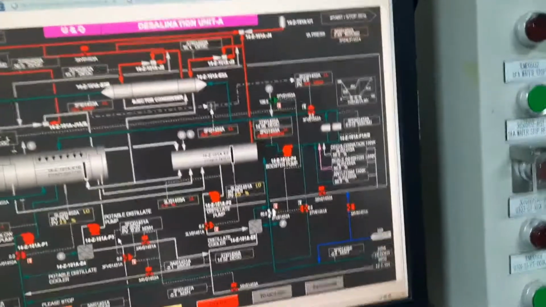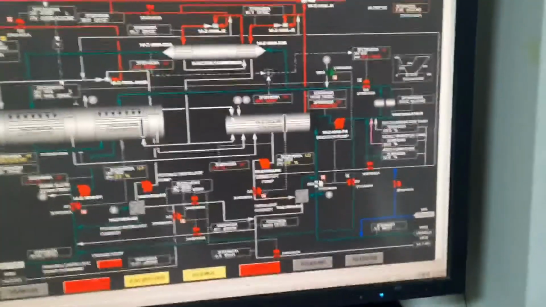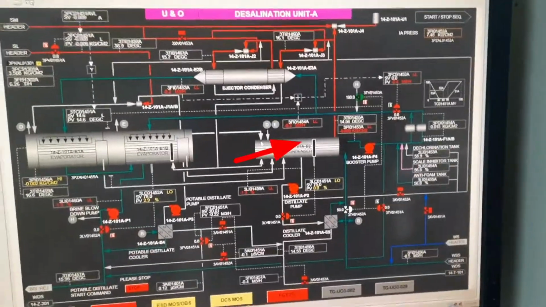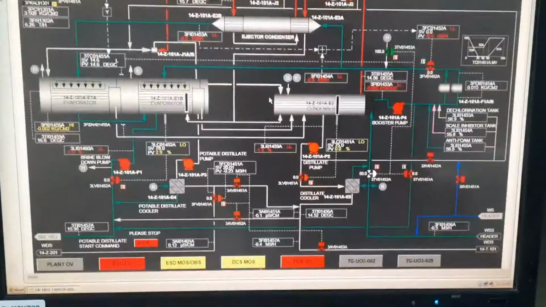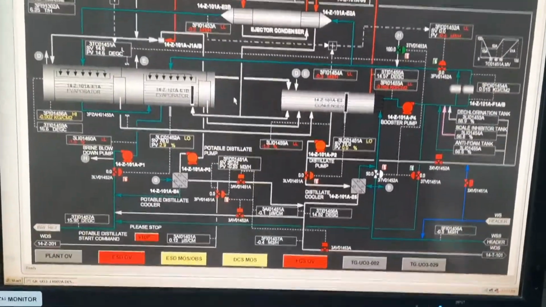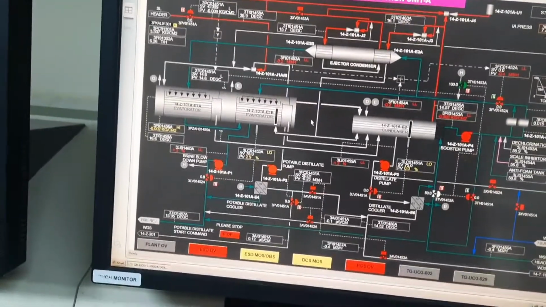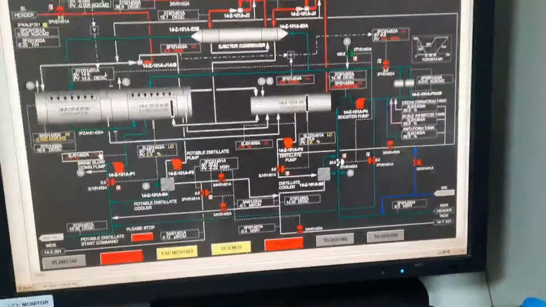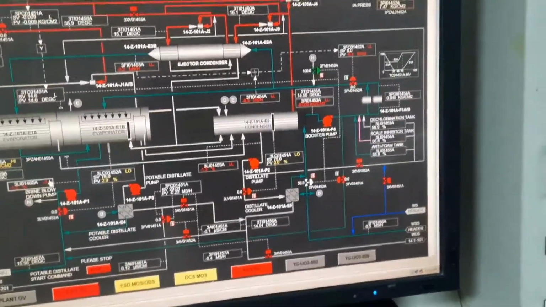Okay, so for this option, the first time you need to check the local point. And the vacuum brake valve near this condenser area, keep this valve open before filling the water. Okay, so when this job is complete, you need to make up service water up to 81%. As per design, we need to make up to 81%.